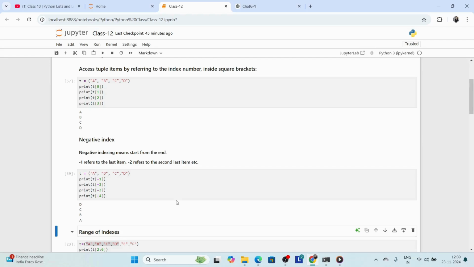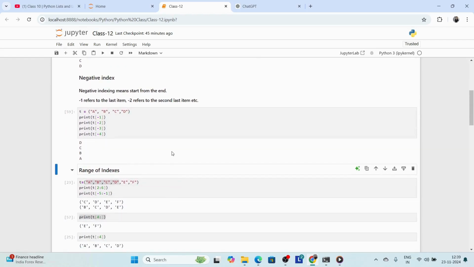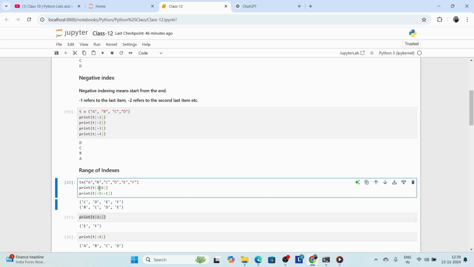If you want to access a range of indexes, meaning you want to specify the indexes starting from an index and we want to access till the end, then we can also do that with the help of indexes. Print T[2:6], starting from 2, meaning 0, 1, 2, and till 6 we want to access, then we can use T[2:6].